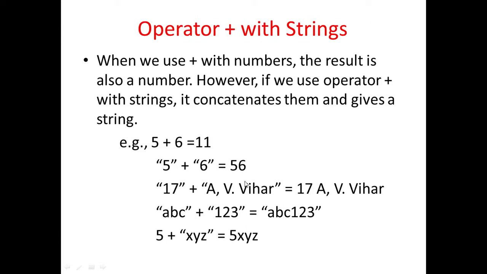value. For example, here you can see 5 is in double quotes and 6 is also in double quotes. So it means that both values 5 and 6 are strings. And here we are using the plus operator. So what will happen? It will attach both the values. So it will become 56 instead of becoming 11. If we do not use double quotes, if we are not making it a string, the answer will be 11. So 5 plus 6 will result in 11, but here because it is a string, it is attaching both the strings. So 5 plus 6 will result in 56.